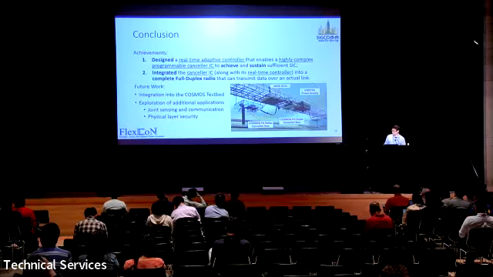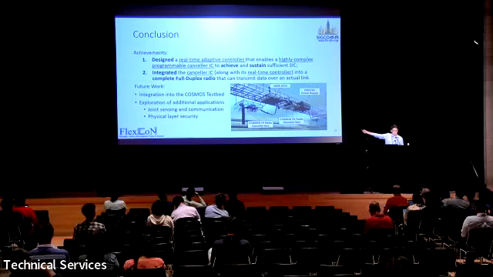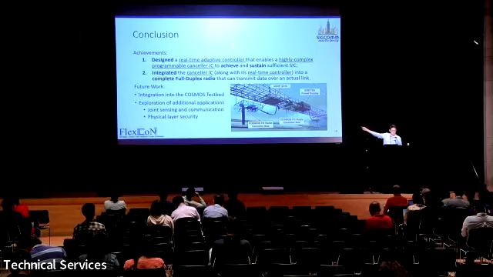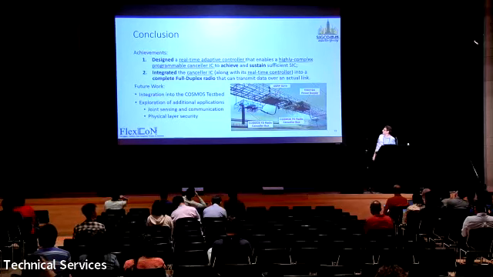So the question is, to conclude, what did we do here? Well, we set out with 2 goals in mind, and we achieved them both. We designed a real-time adaptive controller that enables a highly complex programmable canceller IC with over 10 to the 19th possible configurable states to achieve and sustain sufficient SIC for full duplex communications. That's 50 dB of cancellation across a 50 megahertz bandwidth. And on top of that, we integrated the canceller IC along with its real-time controller into a complete full duplex radio that can transmit data over an actual link, as we demonstrated yesterday.